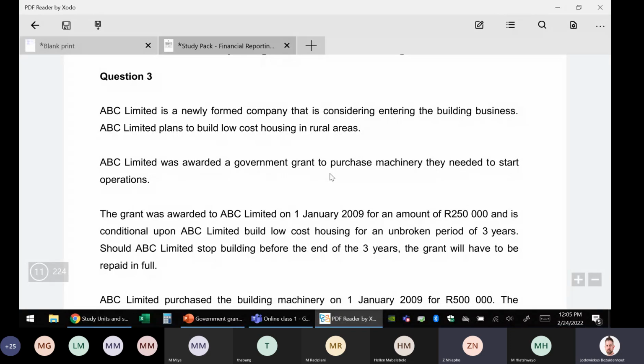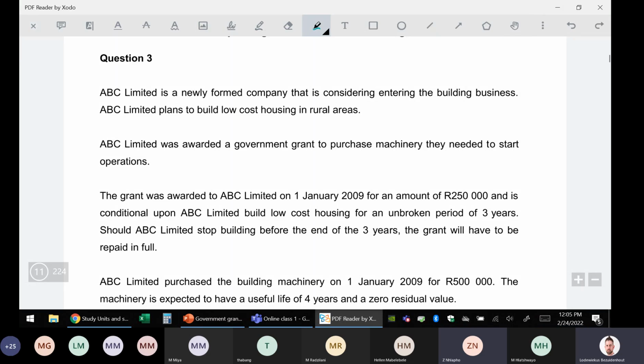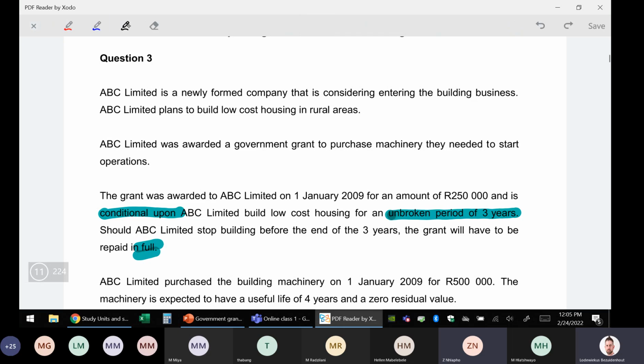That is one of our conditions. So remember at the beginning we said there are always conditions when we have grants. So unbroken period of 3 years, if there's any period of time that we are not doing what we are supposed to do in terms of the conditions, then we have to repay it. All right, so should they stop building before the end of the 3 years, then the grant has to be repaid in full. All right, so the 250,000 grant,